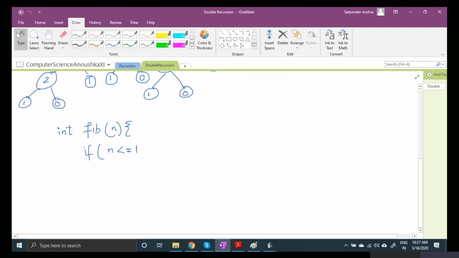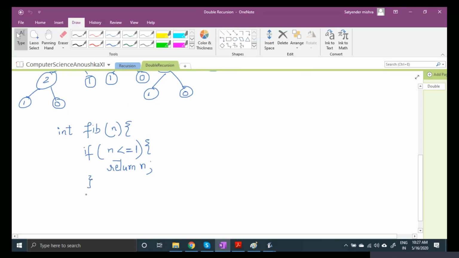If n is less than or equal to 1, it will return a value. It will return n. So either it will return 0 or it will return 1 in this situation.